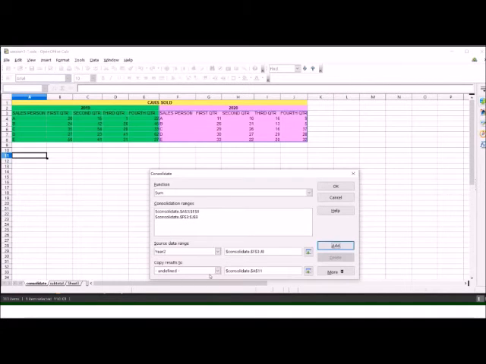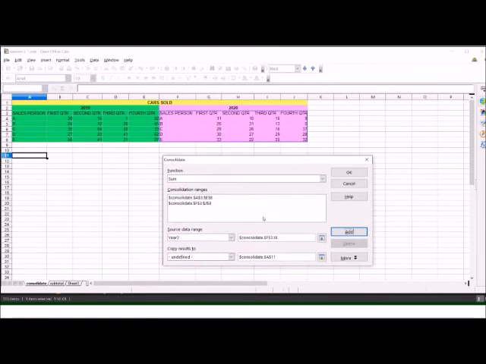Here we can define the range where we want to display the results. Suppose we have not defined any range for displaying the results.